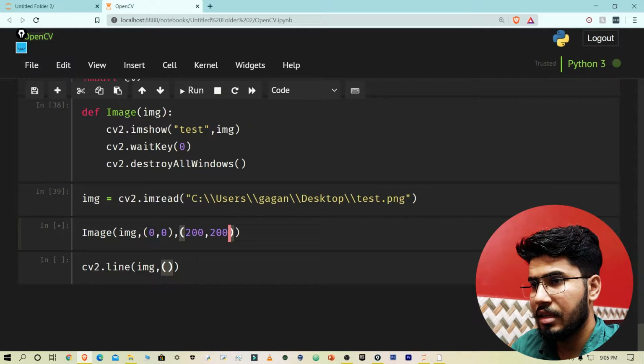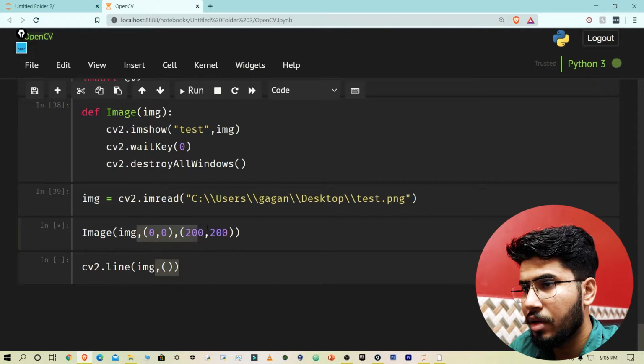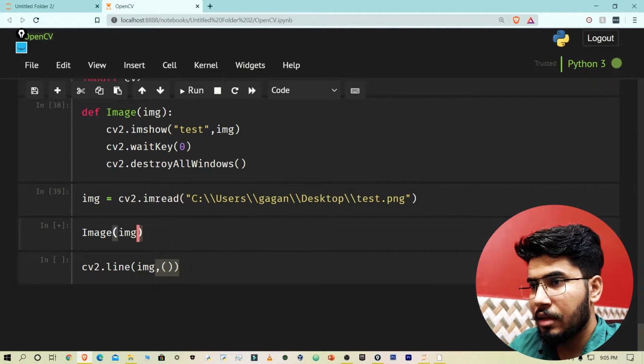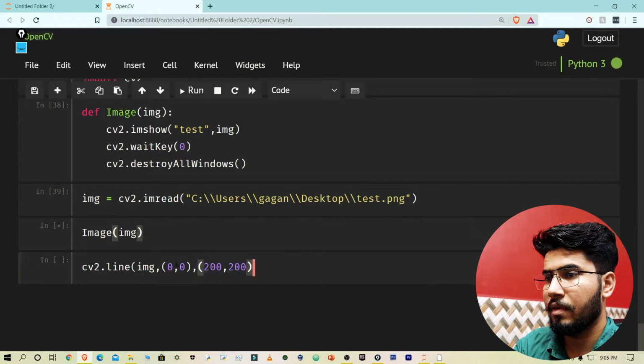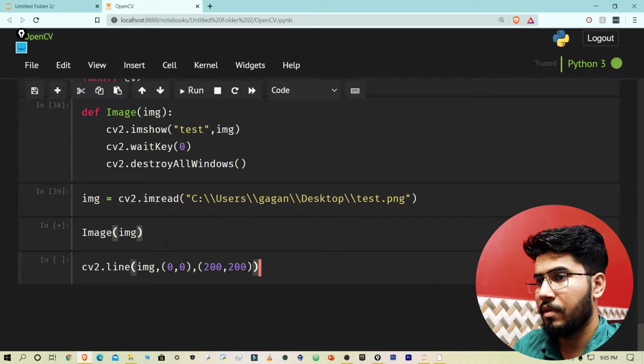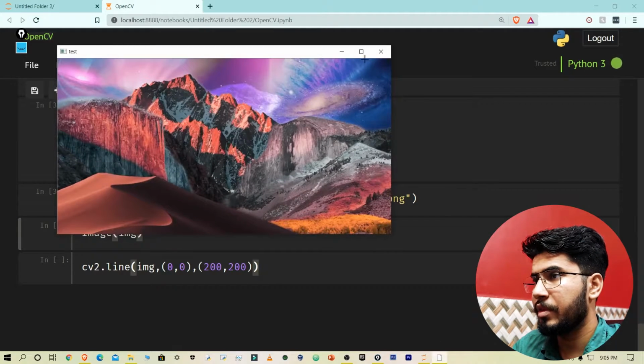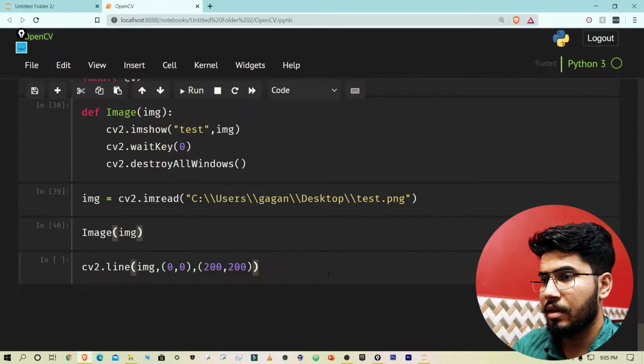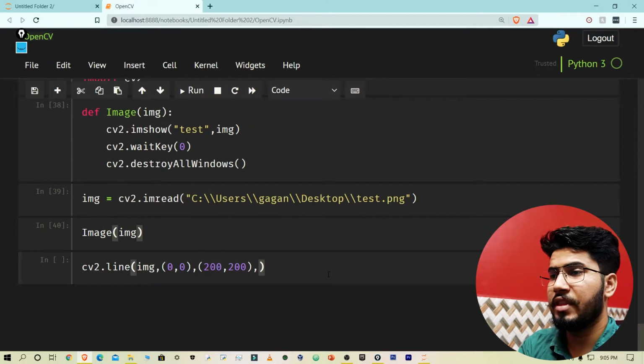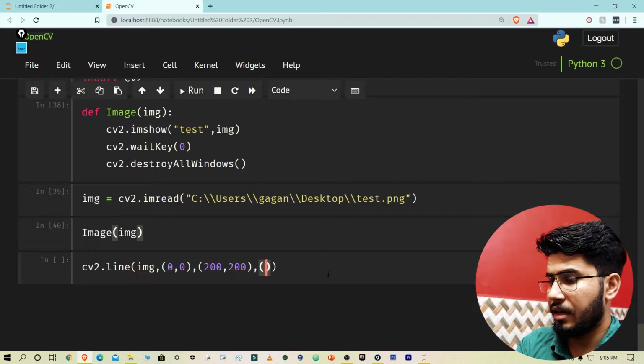So I'm going to read this image, and oh, I have done something there. I need to provide it here. Now I also need to give the color.